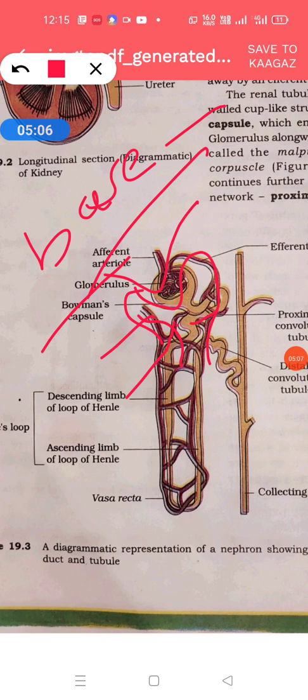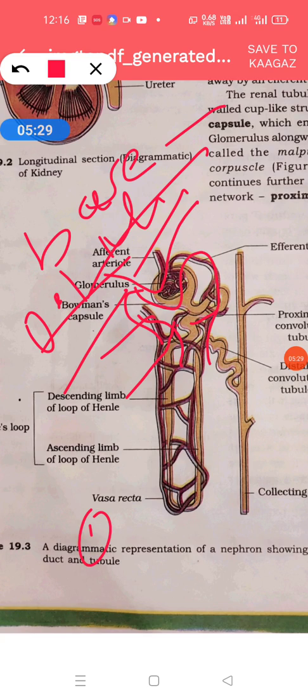The basement membrane is a porous structure, and the diameter of each pore is about 0.1 micron. So substances which are less than 0.1 micron are transferred from the glomerulus to the Bowman's capsule, but substances more than 0.1 micron should not transfer from the glomerulus into the Bowman's capsule, and therefore three kinds of substances are inhibited, that is,